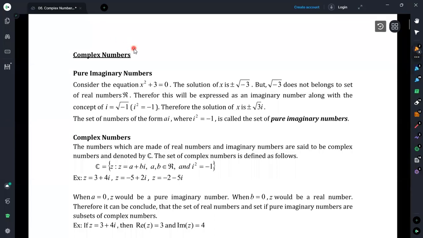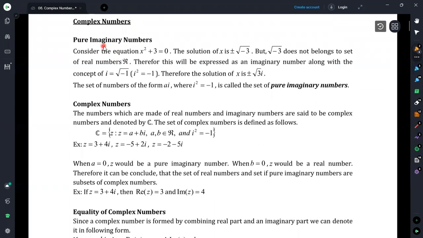In this session, I will discuss the introduction to complex numbers. First, apart from finding out what complex numbers actually are, we will have an idea of what is meant by pure imaginary numbers. If you consider the equation x squared plus 3 equals 0, then